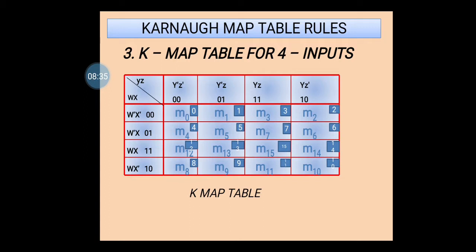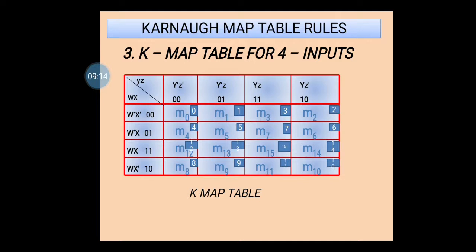Now since there are 4 inputs, the MSB bits WX I have arranged column wise, and YZ I have arranged row wise. Since there are two inputs each, there are 4 combinations for each. So we have written them here column wise as well as row wise. And you have to remember here 0 0, 0 1, and then I have written 1 1 and 1 0. The last 2 you always have to replace. Up top also you can see row wise YZ 0 0, 0 1, then 1 1 and 1 0. And when you arrange it like this, the cell numbers will be formed as shown here.